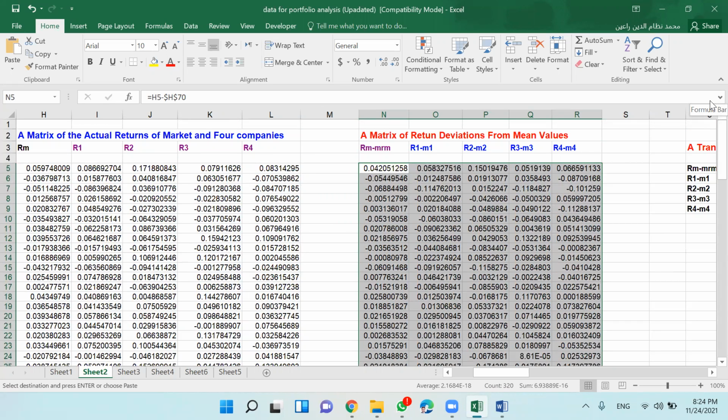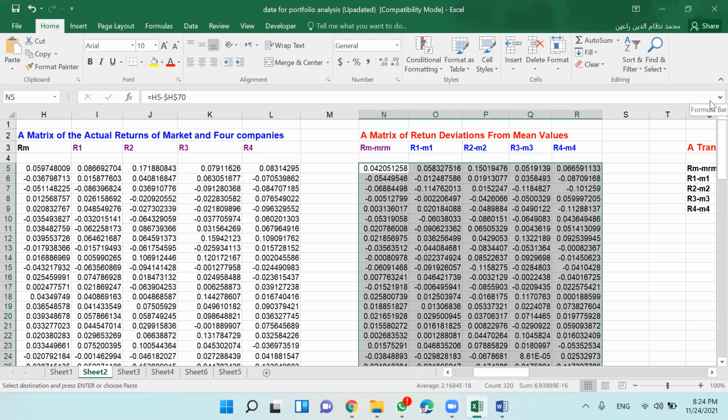Normally, if you go through financial modeling, initially a return matrix is represented by capital R, R11, R12, R13, R14, R1N. So this is column 1. Then R21, R23, R24, R2, and R2N. Suppose there are 4 returns. So R41, R42, R43, and so on. This is your return matrix.